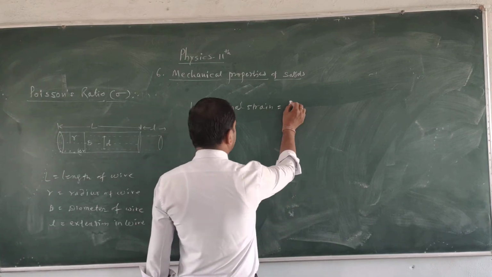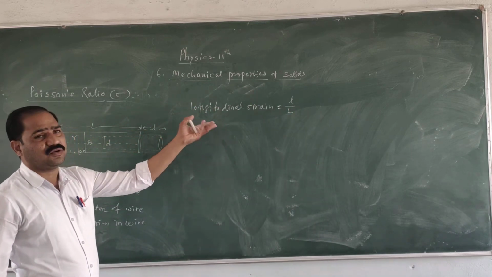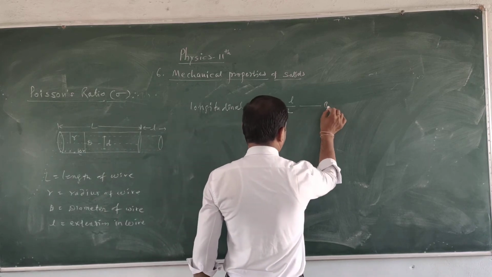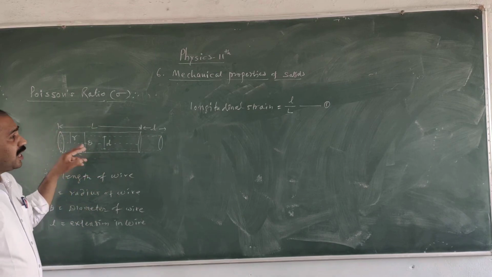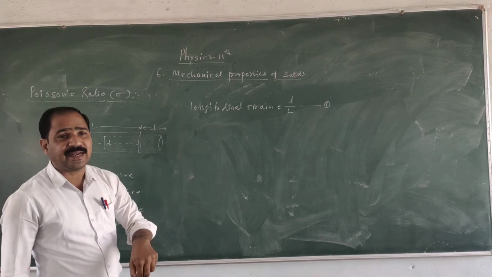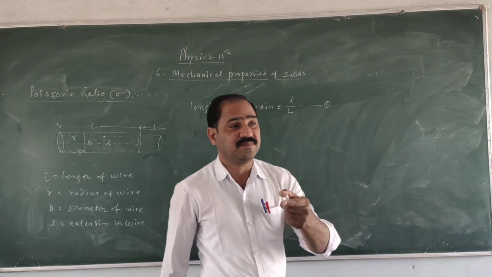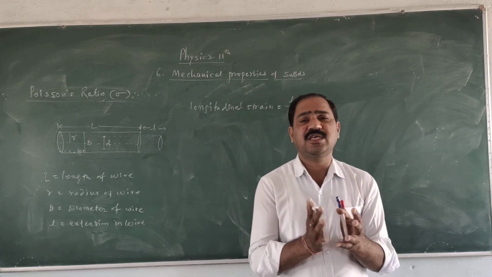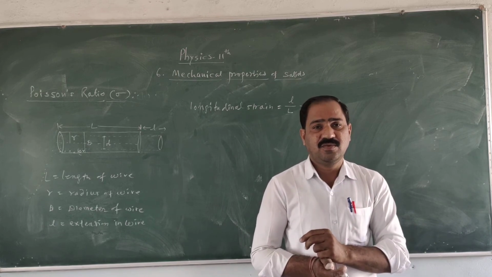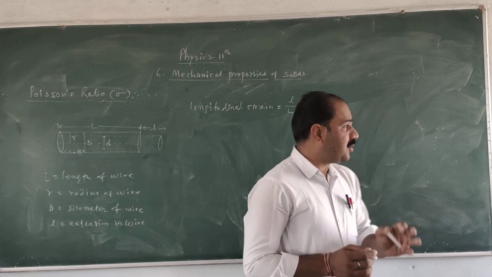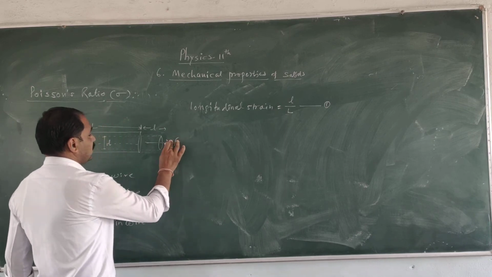So here longitudinal strain is equal to change in length upon original length. Change in length कितना हुआ, small l है. Capital L here क्या है, इसका original length है. Therefore longitudinal strain is equal to l upon capital L. This is your equation number 1. But there is the decrease in the diameter also. Means lateral decrease is associated with the longitudinal increase in the length. This is accompanied with each other. When the force is applied in the inward direction, there is the compression in the length of the wire. But here I applied the force in the outward direction.